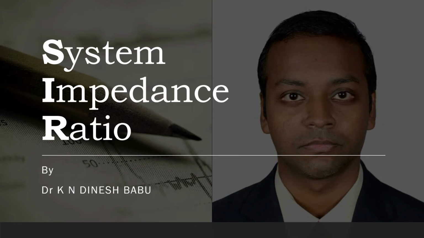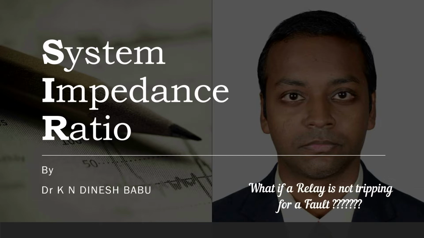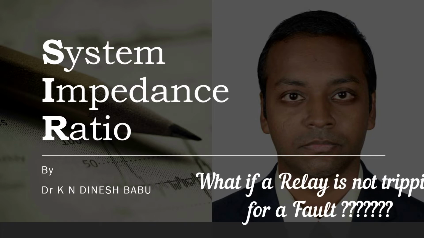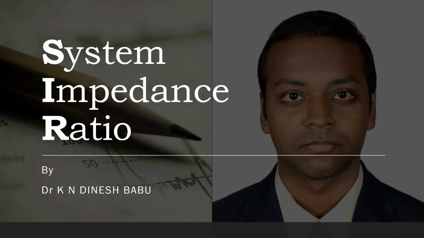Let us say your relay tripped for a fault. That's what it is meant to be. But if a fault occurs and the relay is not tripping and you find all the settings to be perfect, then what is the issue? System impedance ratio helps us to understand to a certain extent why this has occurred. To understand further,